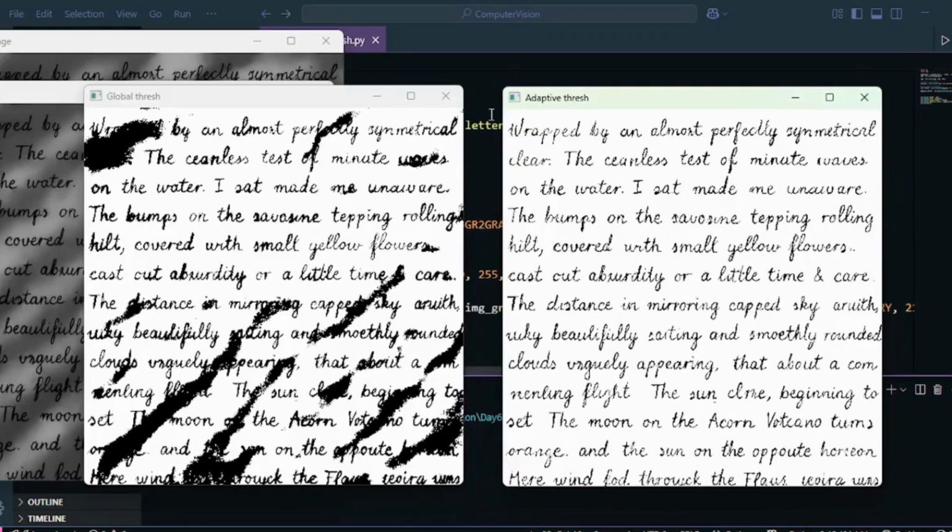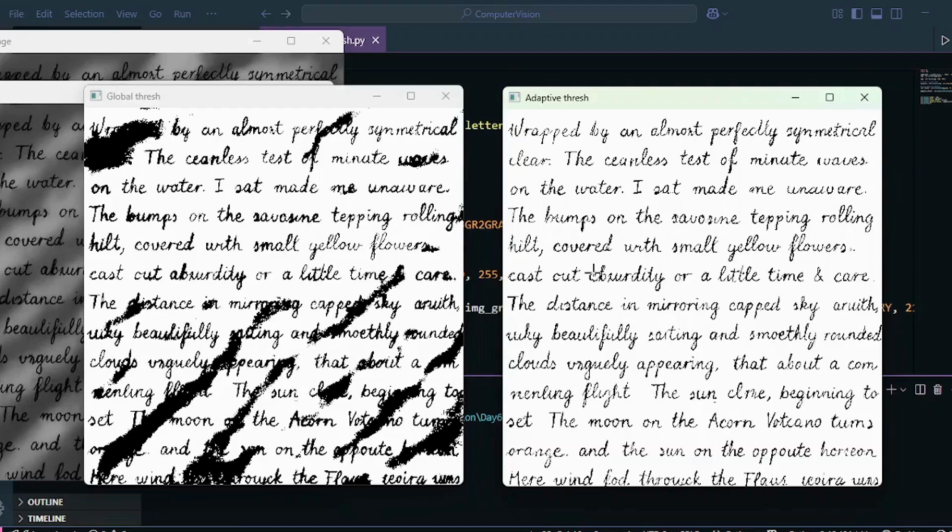So what happened was, there was a sliding window. We defined the size of the sliding window. That sliding window was sliding on our image, okay, and it was calculating a separate threshold for each window. And that is how we got the perfect image with no loss of information at all. So one of the use cases of using thresholding is image segmentation or object detection. The object in this one was our text, obviously, and it detected that. Okay, so we can use thresholding for creating binary images as well. So we have a lot of different use cases of it.